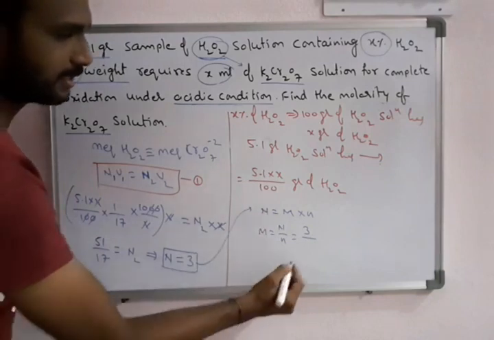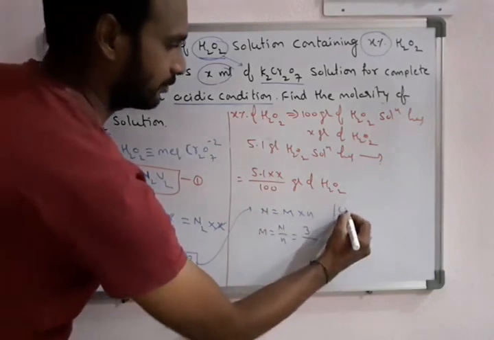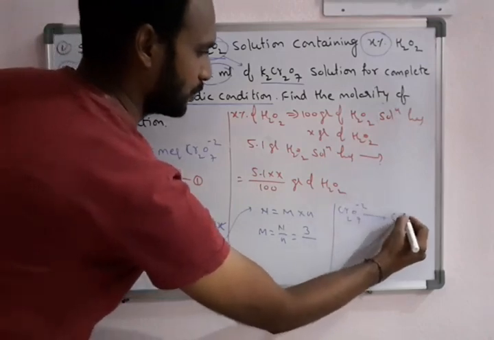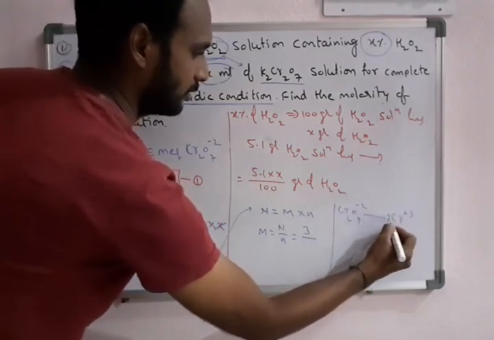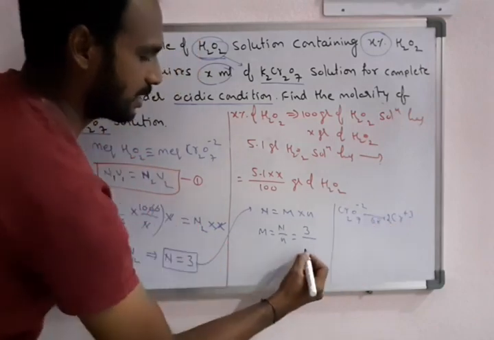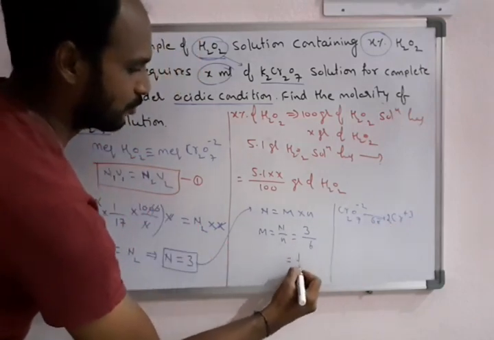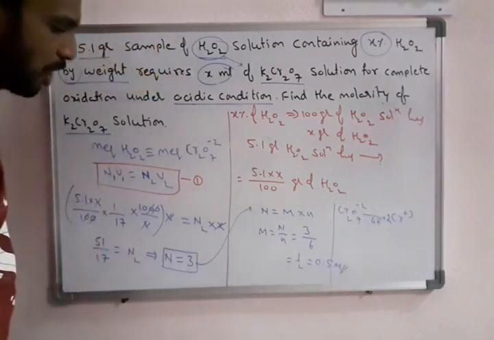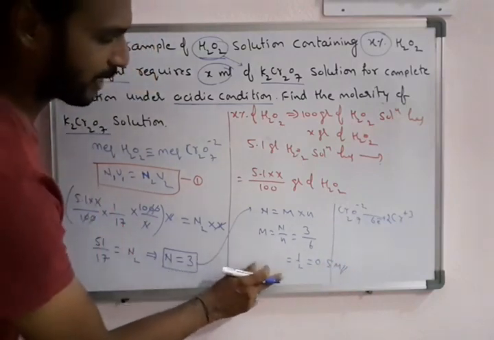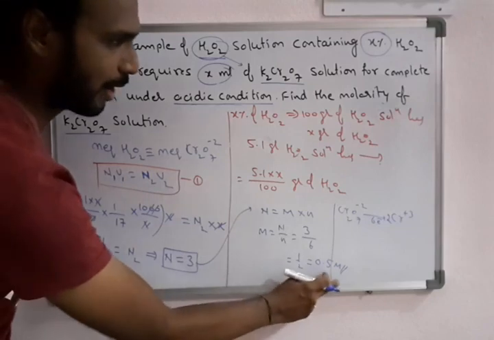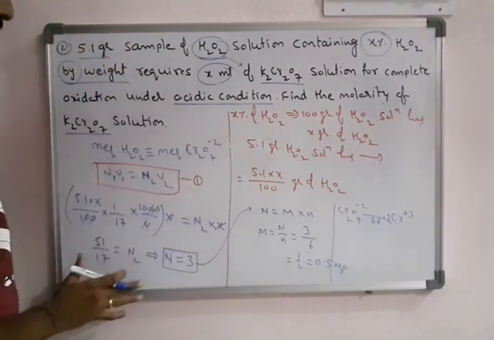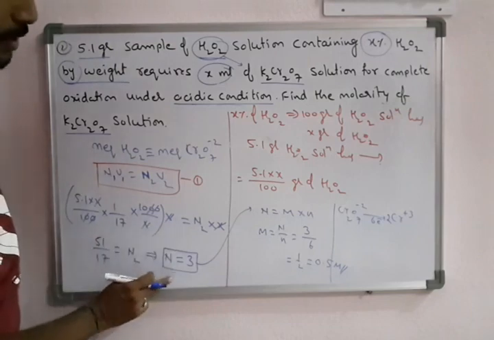Alright, first we discussed that the dichromate Cr2O7 2- is reduced to Cr 3+. So there is a total transfer of 6 electrons. This is 1 by 2, that is equal to 0.5 molarity. So normality 3, whereas molarity of potassium dichromate solution is 0.5. Okay, just by equalizing the milliequivalents of both, we are able to know the normality. By knowing normality, we will get